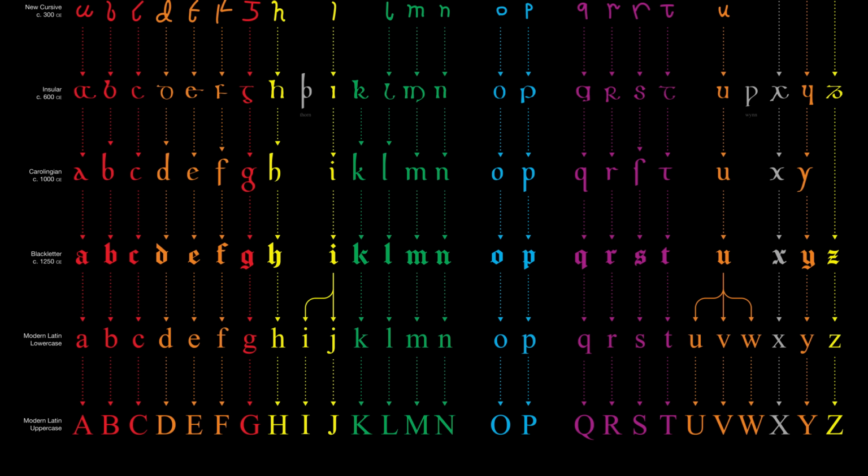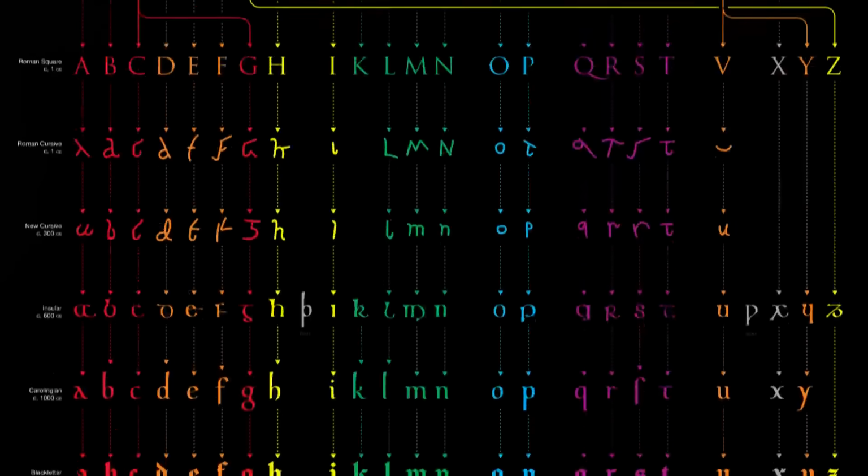The other letter that we have today that wasn't in the original Latin alphabet is the letter J. Throughout most of history, the letter J was just a fancy version of the letter I, used whenever it came at the beginning of a word. But eventually, in many languages, it evolved as a unique sound, and therefore the fancy I was eventually added to the alphabet as the letter J.